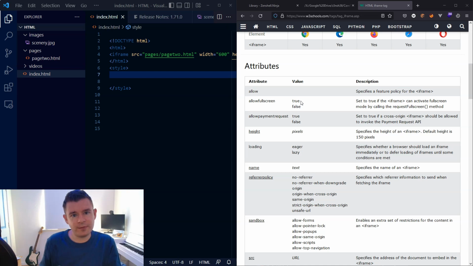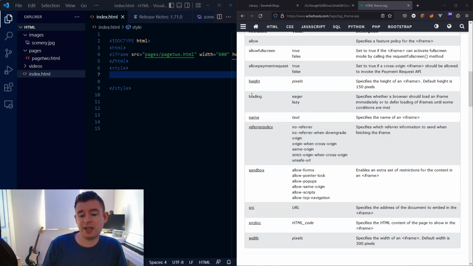But if we want to know the full range of available attributes, we can check out W3 Docs, or we can check out the MDN Web Docs. For example here, this might be interesting, the loading attribute, and it specifies whether the iframe should be eager loaded or lazy loaded. So those are some terms you will hear in web development. So eager loaded